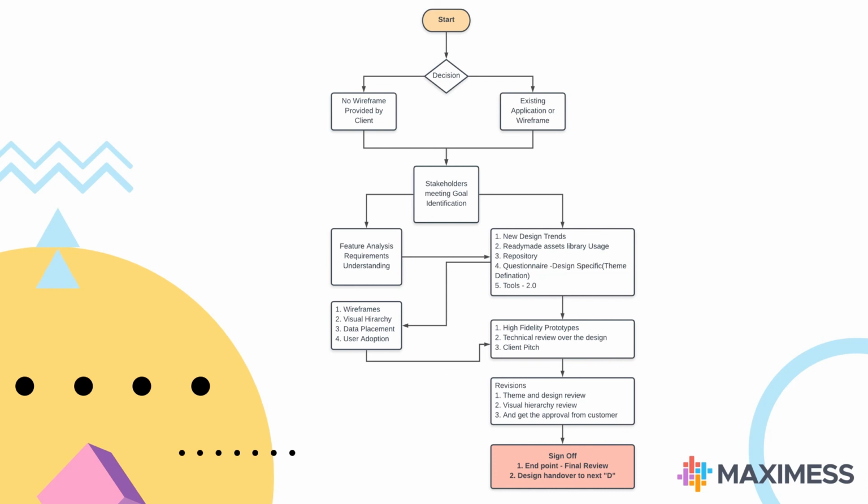In the second situation, if we get wireframes or an existing application from the client, which we can also consider as wireframes, most of the efforts over the 2Ds like discover and define will be saved, as the idea is already discovered and defined in this shape. Here, of course, the stakeholders meeting step will be in the flow to know the design specific requirements, and the other steps till the sign off will be the same as those followed in situation 1.